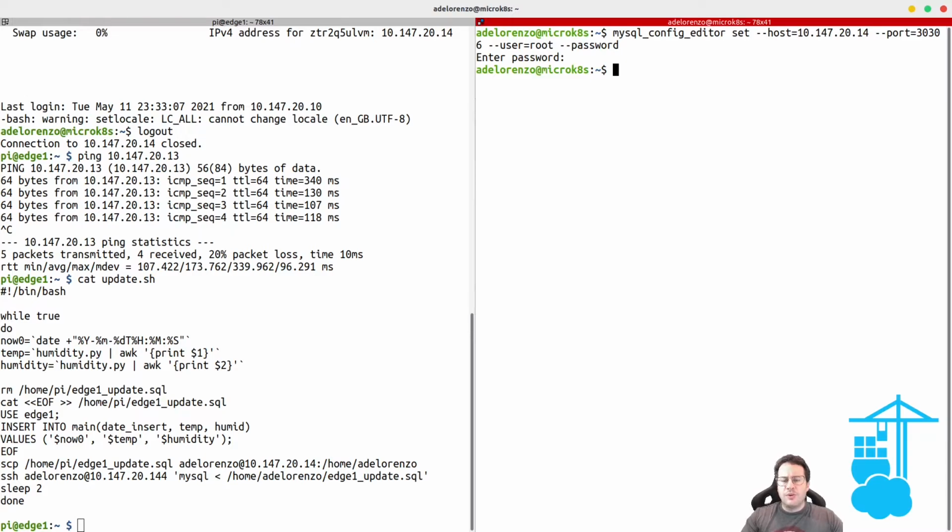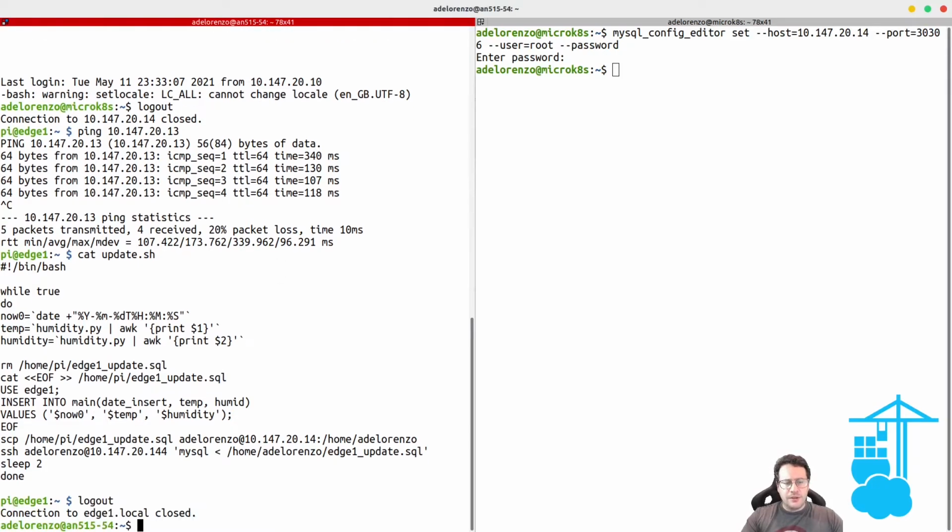Okay, so with this, I don't need to write any password or user in the script that is running on the IoT device. All I have to do is make sure that this user, which is the one running on the MySQL database node, is configured via the MySQL config editor. This avoids having to send passwords to the other end. All I have to do is run the mysql command, piping the SQL file into the database. So that's pretty much it in terms of setting up the IoT device. You only need to set this up once, and you have to make sure that